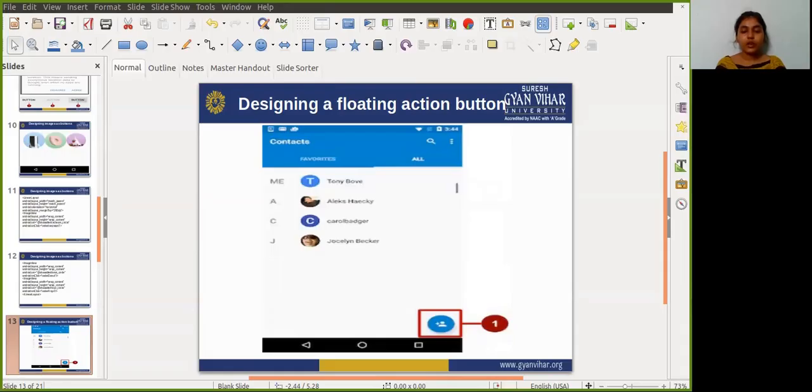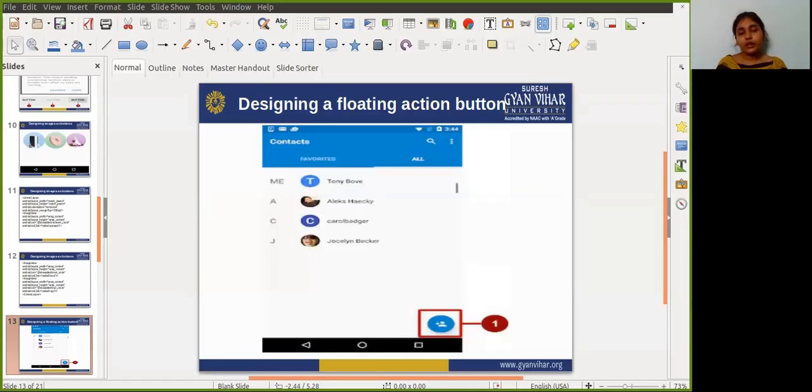Okay, so use the newest version suggested by Android Studio to create the floating action button, and use the FloatingActionButton class which extends the ImageButton class. You can add the following action button to the XML layout as follows. For that you need to write the XML code, firstly android.support.design.widget.FloatingActionButton.